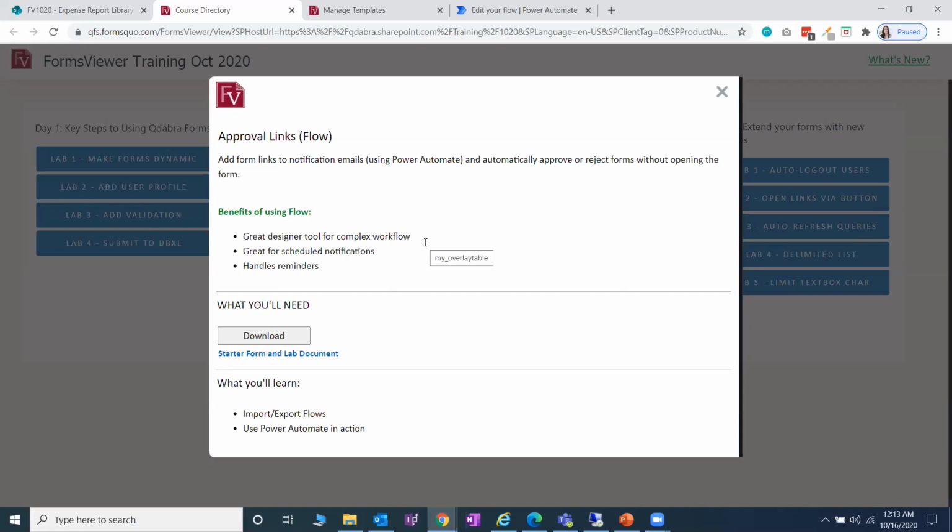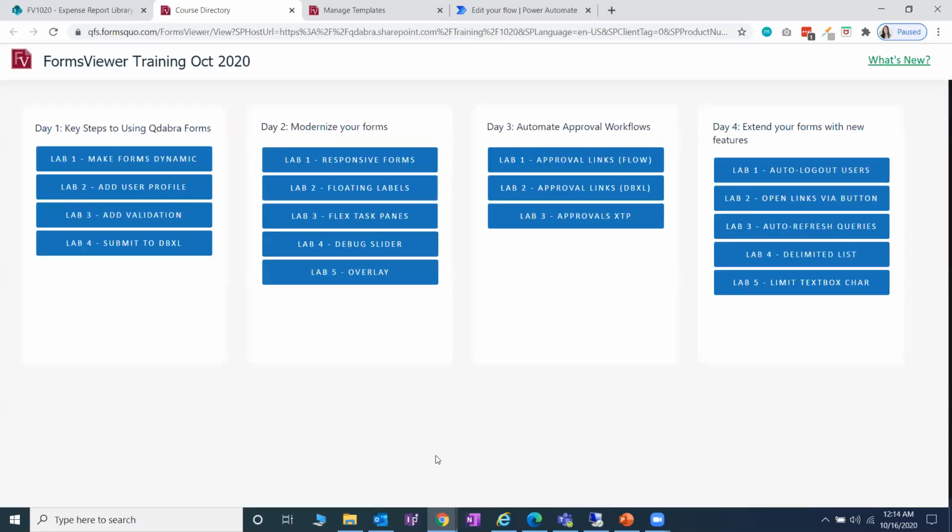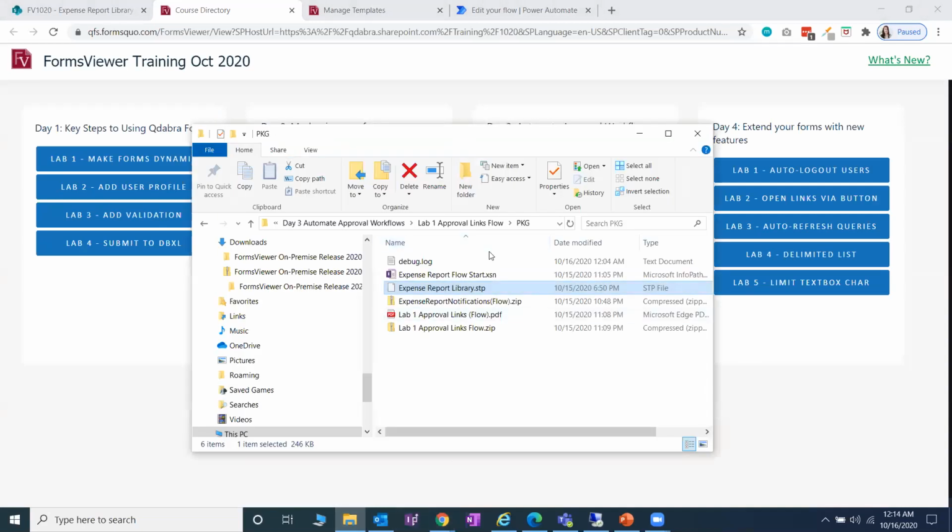And we're going to send out links that will help your users or your approvers to instantly approve or reject the forms without actually opening the form. So download the package, and anyway, you're going to have the starter form,